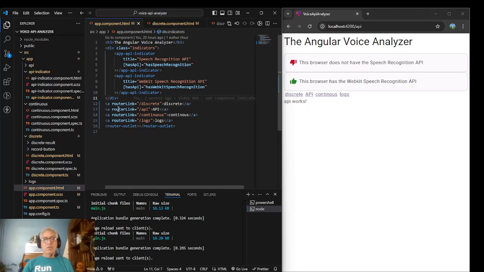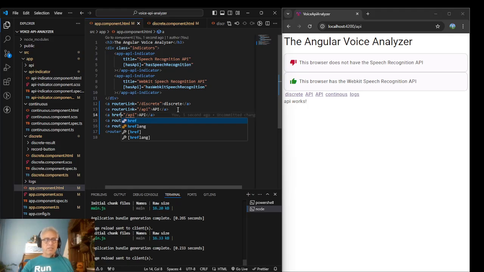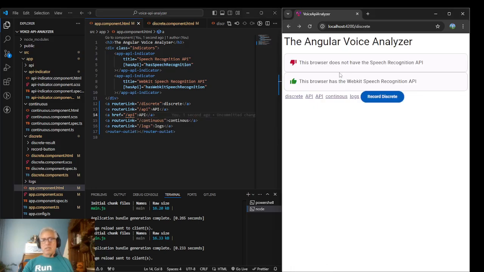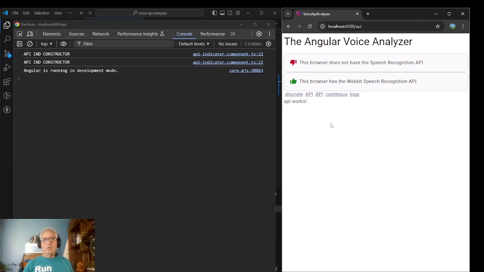So a lot of times when I've worked at places, a junior developer will come in and they'll use basic HTML, and they'll be like, hey, this works exactly the same. Let me hit back. So we're at discrete. They're like, this works exactly the same. I come over here and this is fine. Why do I want